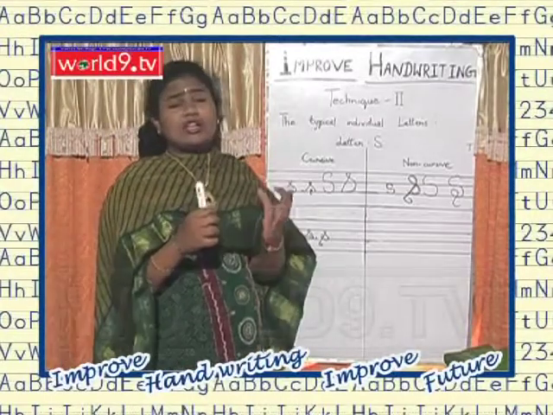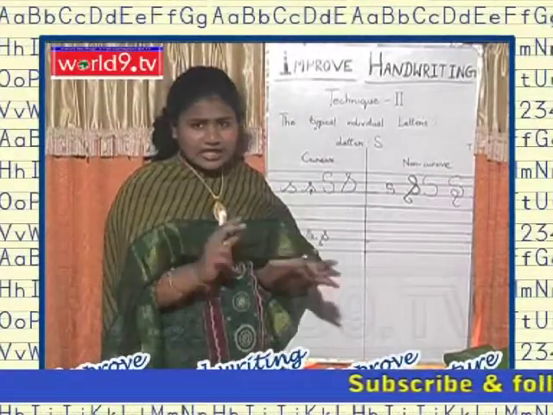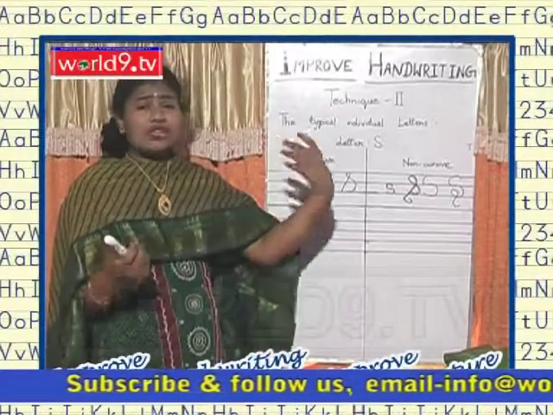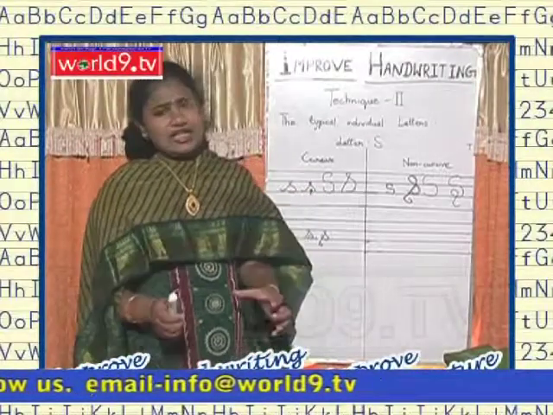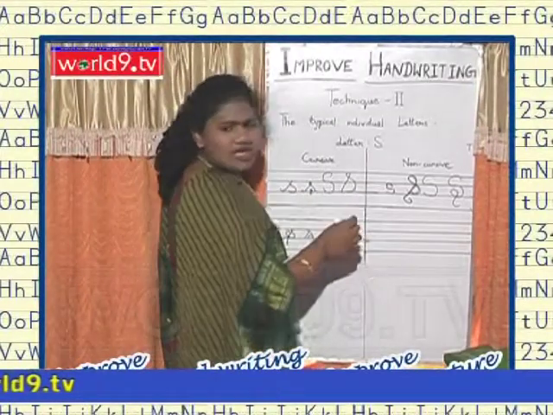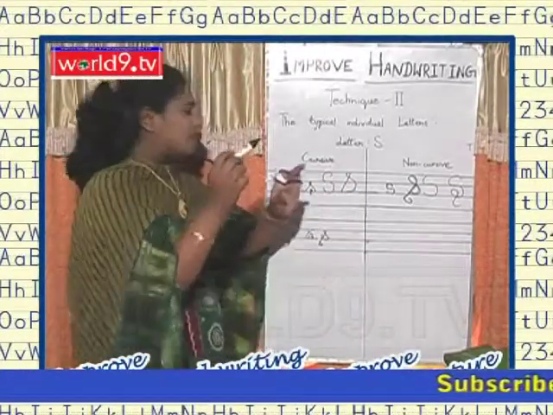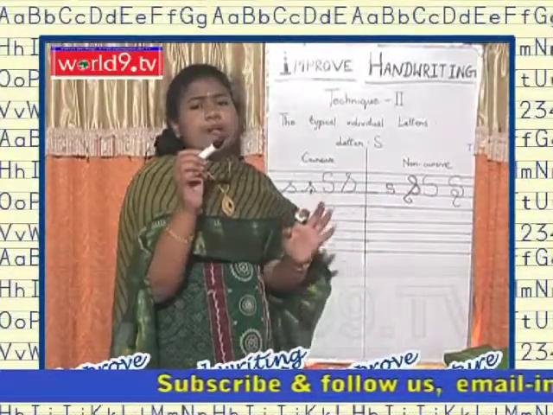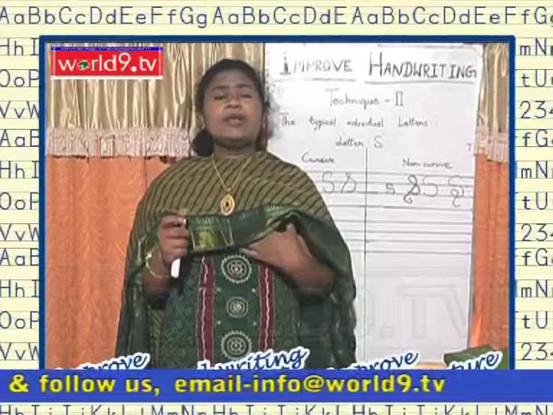So that readers who are reading your book or your letters must know that this is number 8 and this is letter S. They should know the difference, and we should be able to describe the difference between number 8 and letter S. So be careful that the S must not be touching so much, and upwards we should get a round shape and down we should not get a round shape. We should get a drop shape or pot shape. So please follow these rules and regulations and impress anybody.